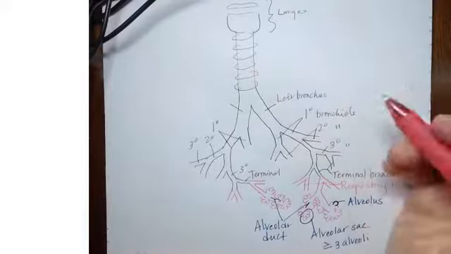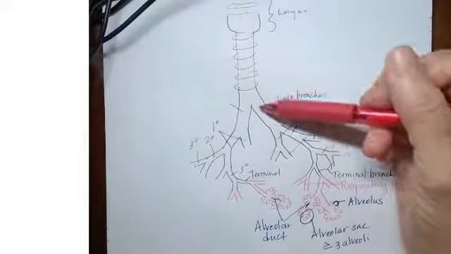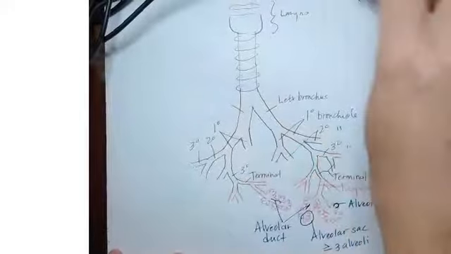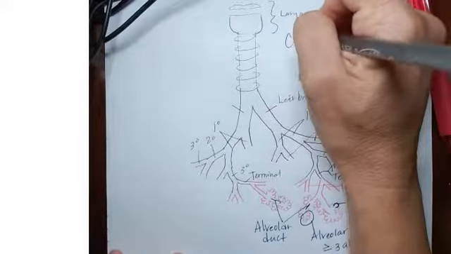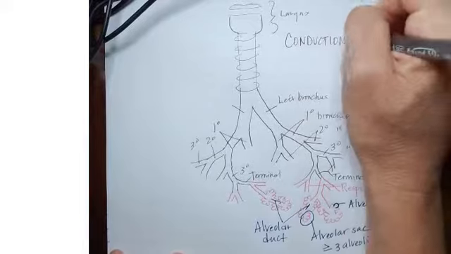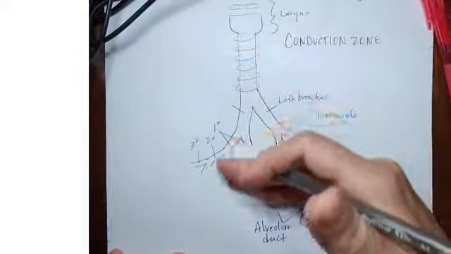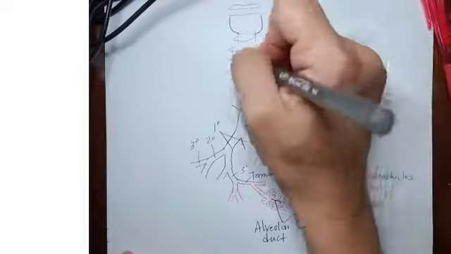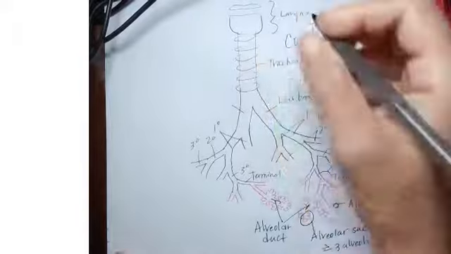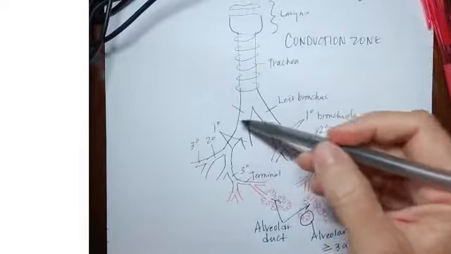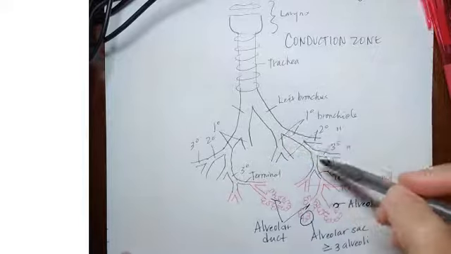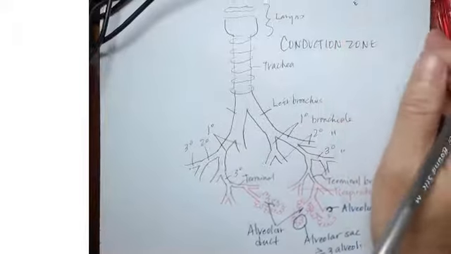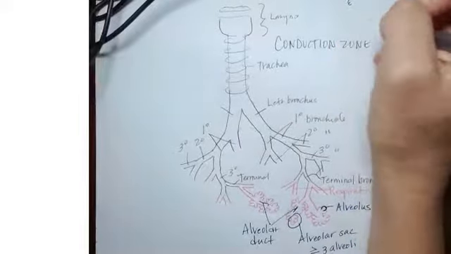Okay, so we have our upper respiratory tract, which is the conduction zone, where you're just conducting air. Air is just traveling from larynx, trachea, right bronchus, left bronchus, bronchi, to primary bronchiole, secondary bronchiole, tertiary bronchiole, terminal bronchiole, and it's just traveling. So the conduction zone, I refer to it as upper respiratory tract, okay? Conduction zone is